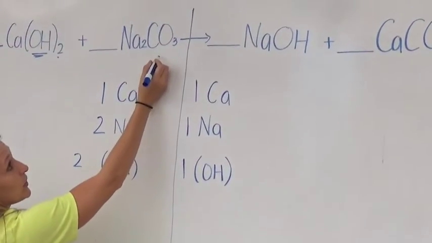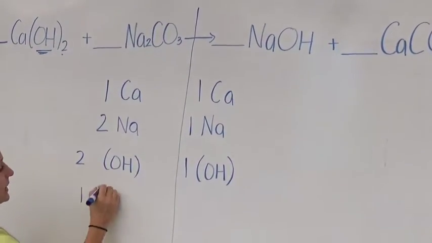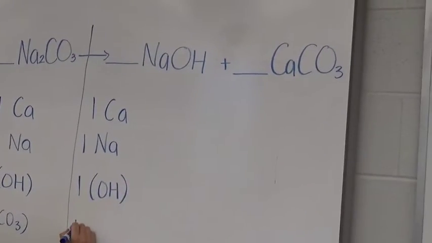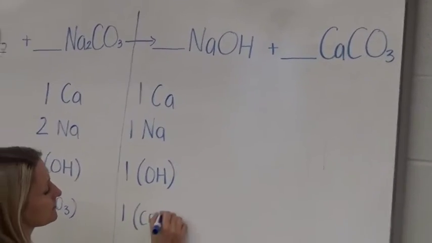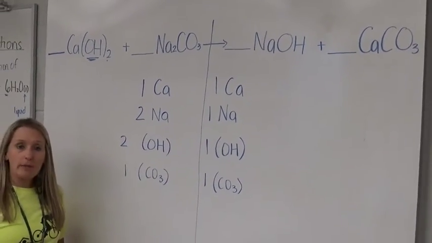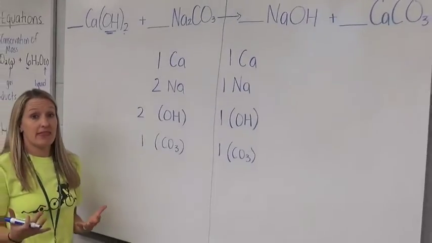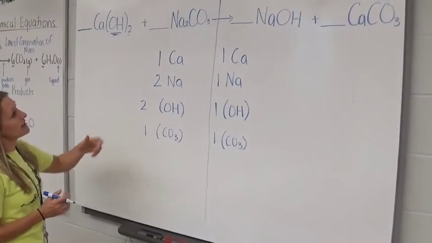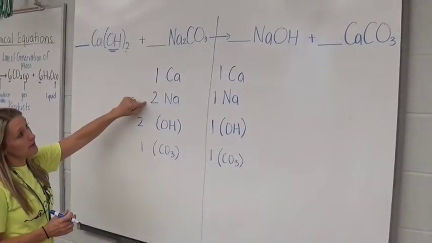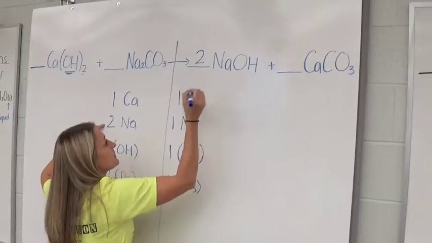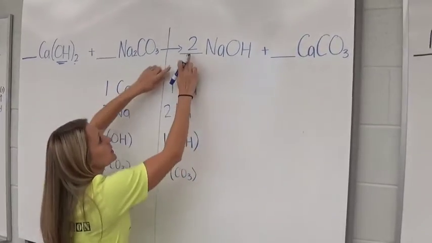The same thing with CO3, which is carbonate. I have 1 carbonate. I just put these in parentheses so it doesn't confuse you. And I have 1 carbonate. So what I like to do is just try to focus on the non-polyatomics first, because a lot of times that then by default balances my polyatomics, which is good. So for example, my calciums are okay, but sodium's not, so I have 2 here. If I put a 2 in front of the sodium, then now I have 2 sodium, because 2 times the